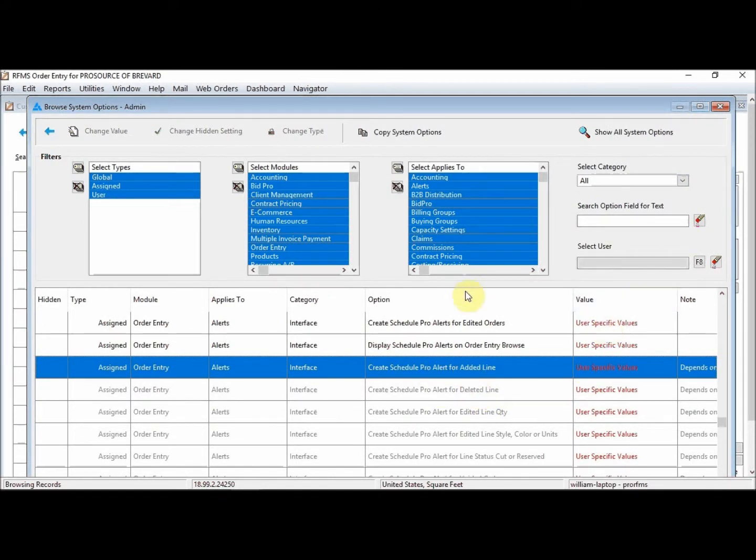Now, looking at this screen, we're seeing a lot of stuff going on. It looks a little confusing at first. It really isn't. What you have is the top part of this screen is all about filtering and searching, and then the bottom part is all about results. So we're going to take a look. For starters, we see that we have all types, modules, and apply to selected here, all categories, so we're searching literally everything. I'm going to come over here to this search box,